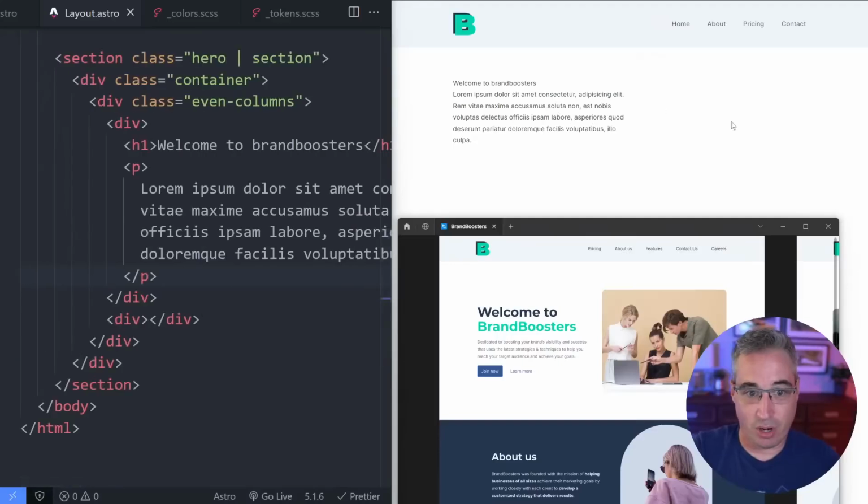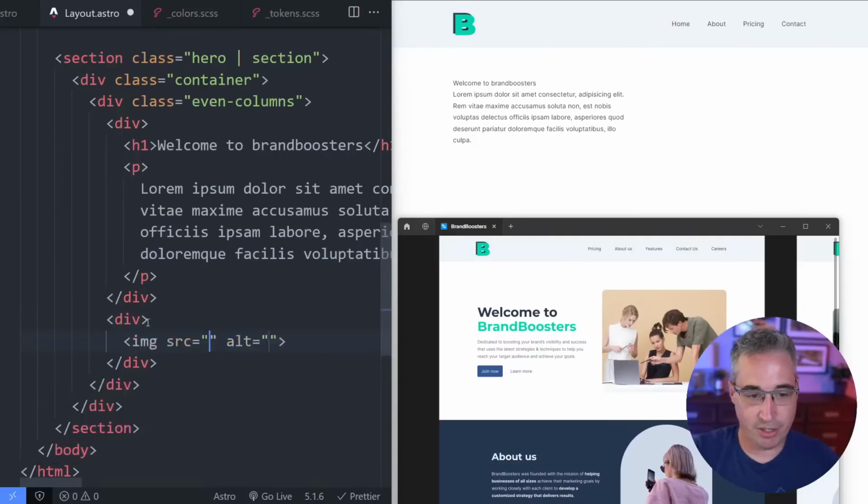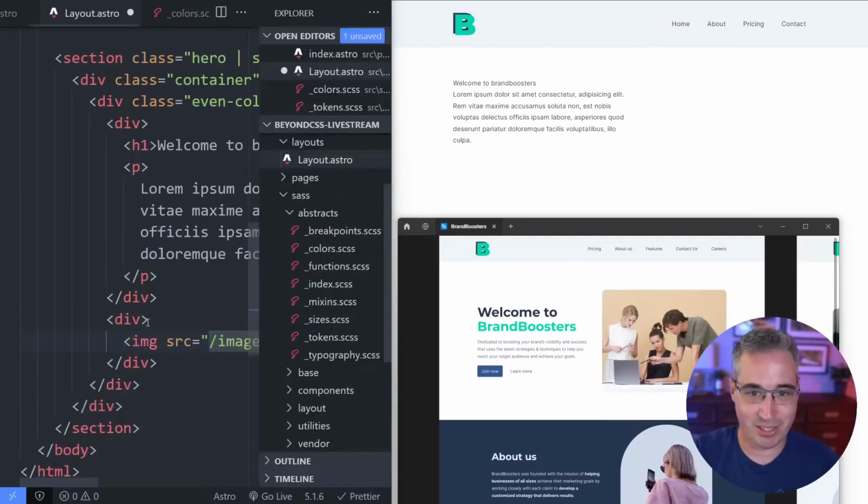And you can see I already have 2 columns just because I have my even columns. I have one div here and I have that div here. And then let's just come here and add my image. And so this is images, and I forget what my file name is. So let's go take a look